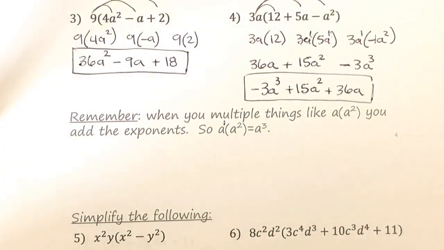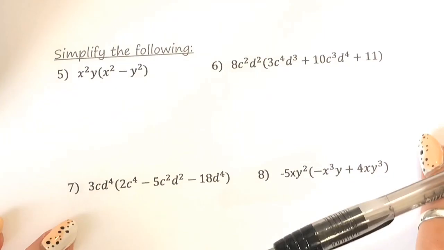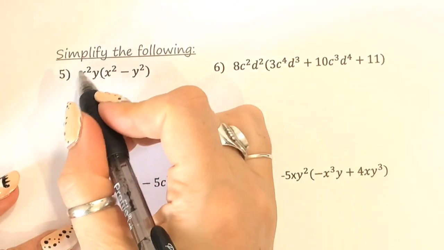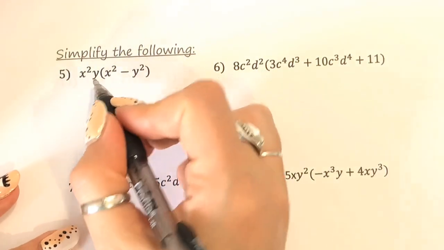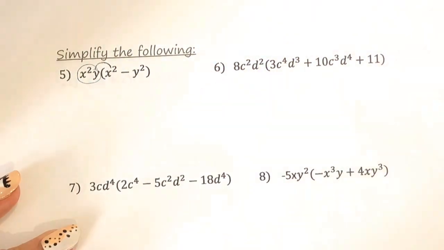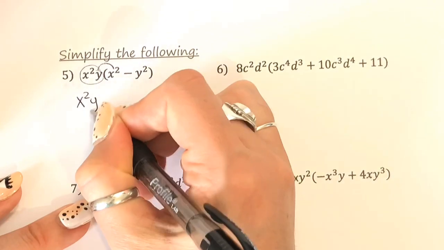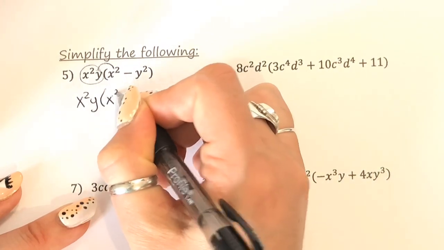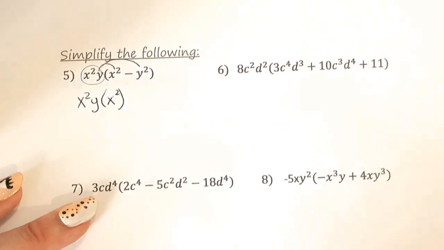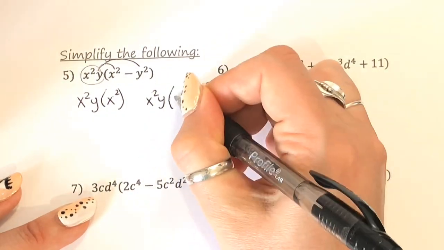Okay. Let's try a couple more complicated ones. I don't know if we'll do all of these just for sake of time, but on this one we've got an x squared y in the front. It's still going to work the same way. Think of this as one term and I'm timesing it into this term. So I'm going to have x squared y, and then I'm timesing it by an x squared. Then I'm also going to times it into this guy, so that I have x squared y times a negative